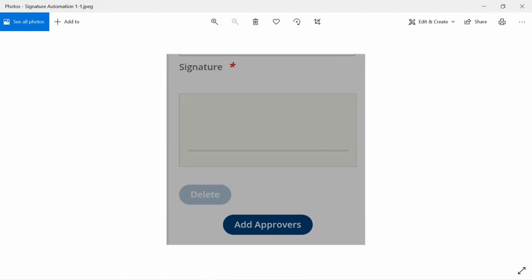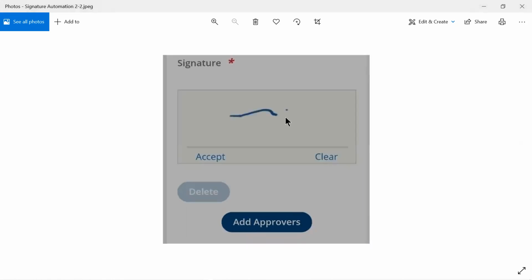But when you draw something on this, I randomly draw something, you can accept that signature or you can clear it. There is no need to put exactly your signature. It will not look into all those things, but something must be there.